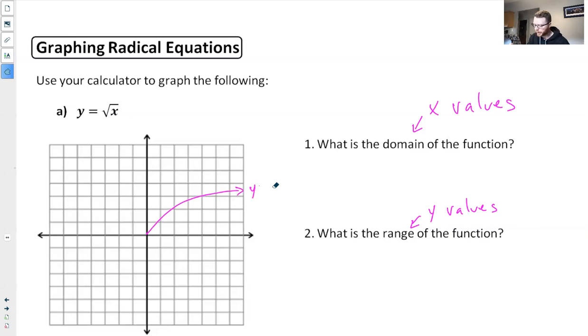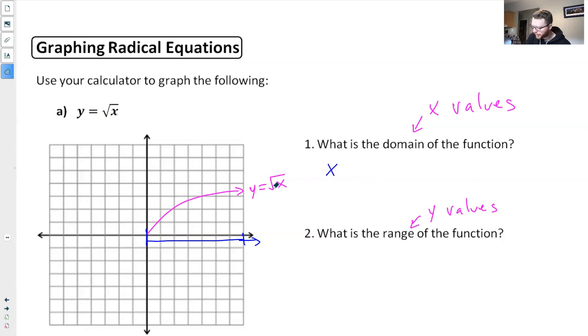Okay, so for the domain, the x values, what is the domain of the function? Where does this graph exist? Well, it is only from 0 going forward until infinity. It will increase without bound, is what we say. So the domain, so x,